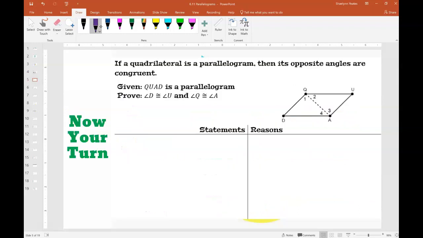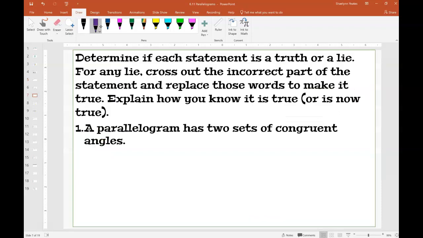We're killing it. I want you guys to go ahead and give this proof a try. So you want to prove that opposite angles are congruent. So you want to be able to prove that Q is congruent to A and D is congruent to U. My hint to you is you're going to be using that congruent triangle thing again, but you're also going to have to use the angle addition postulate. So you got this. And we will meet back together here